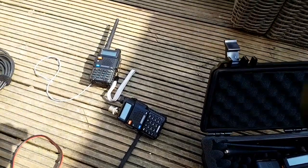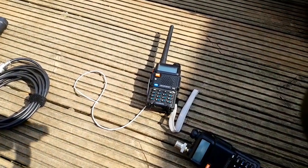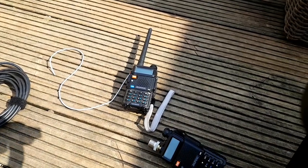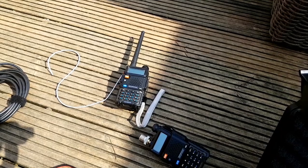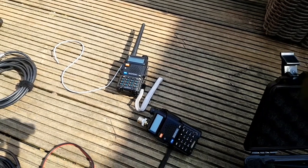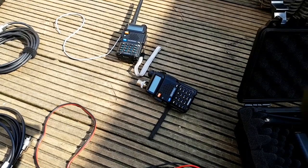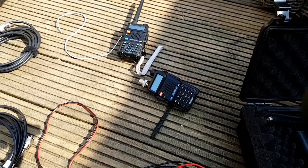I also have in that day pack the counterpoise wires, which greatly increase the range of transmission and receiving. In my whole kit I've got about 5 radios, pretty much the same radios, some triple power ones,